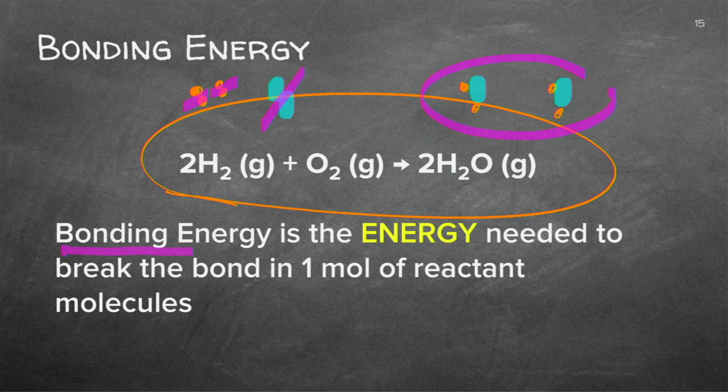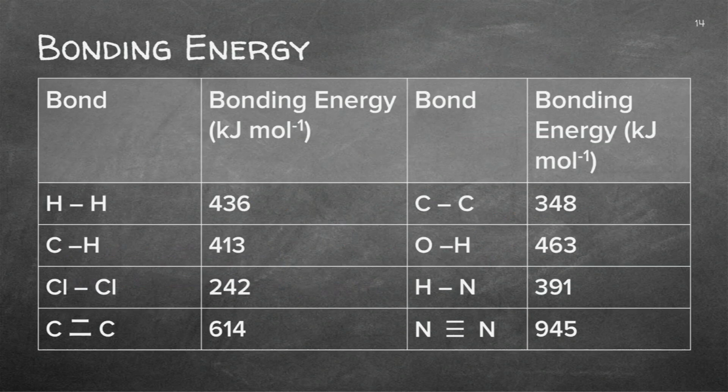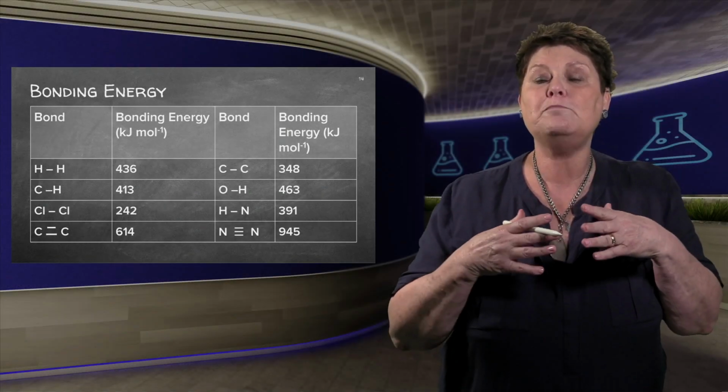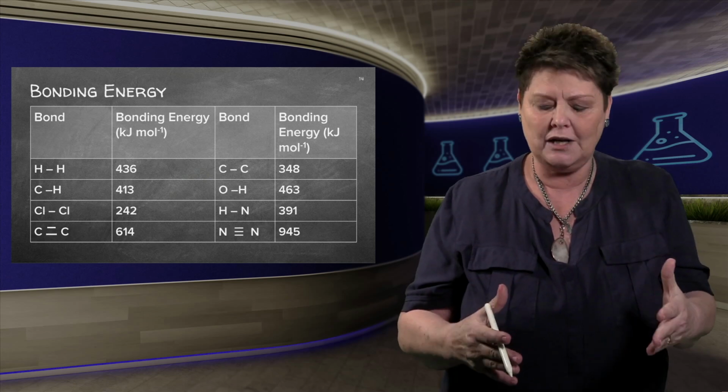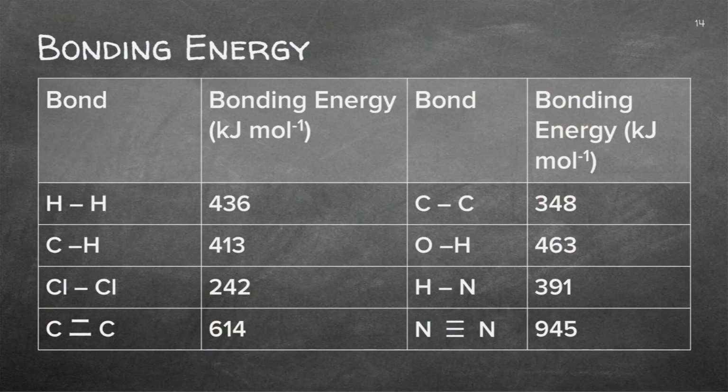So the bonding energy will be the energy needed to pull them apart or to break the bond. And it's a standardized measure of 1 mole. So they actually went and made a table for us, and you'll always be provided with a table if you get a question like this, where they said if it's hydrogen and hydrogen to bond to each other, it will take 436 kilojoules for every mole to break or to form that bond.